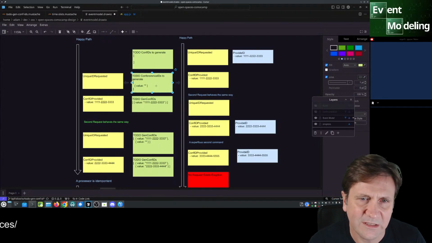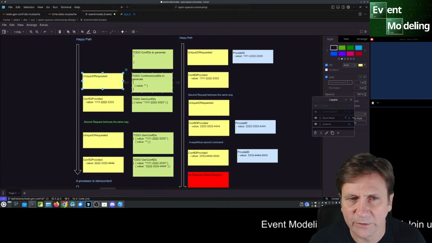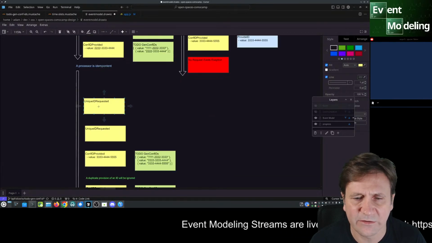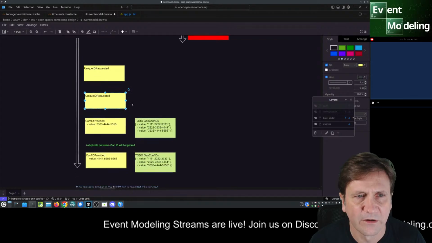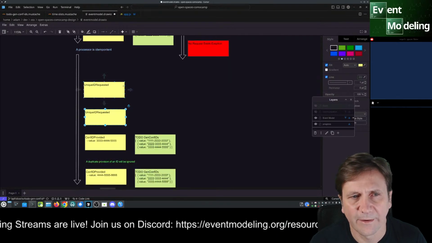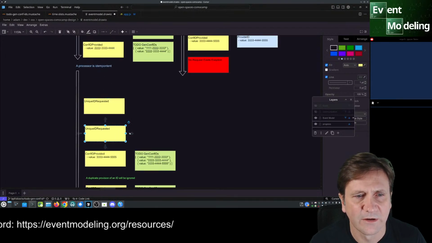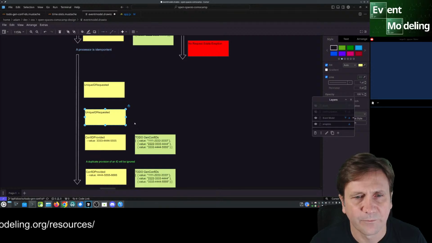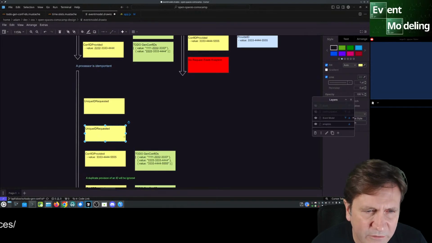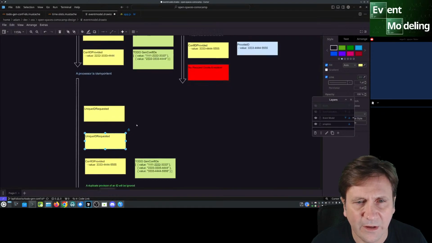So if we didn't want to test this, we could just delete this and we would still have an event for this checkpoint, and it would only have an event. It would not have something. I think we have, there's a couple of examples. So here we have a new timeline, a processor is idempotent. And in this case, what we're doing is we're saying that if we get 2 of these, I'm not sure if I actually finished this. Yeah, we didn't get to that one.